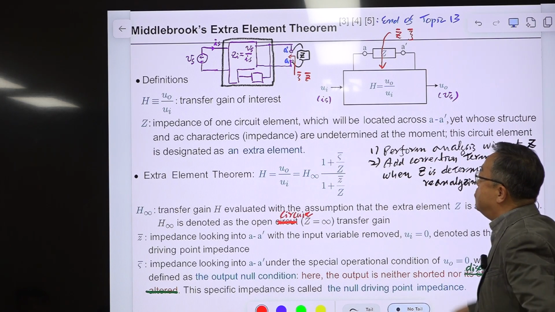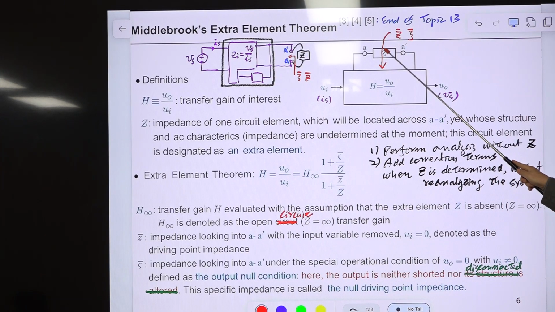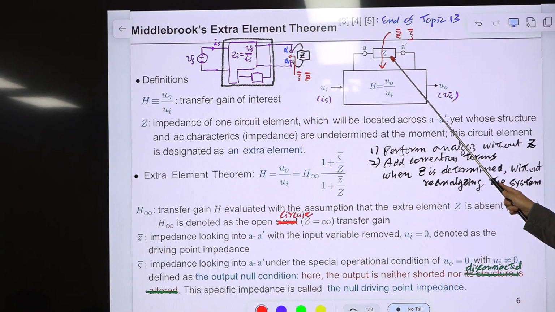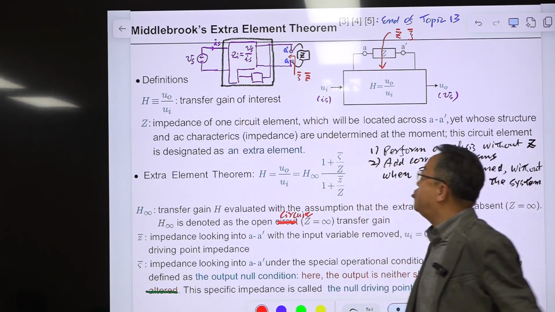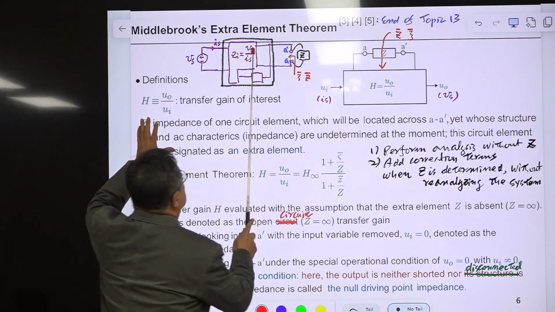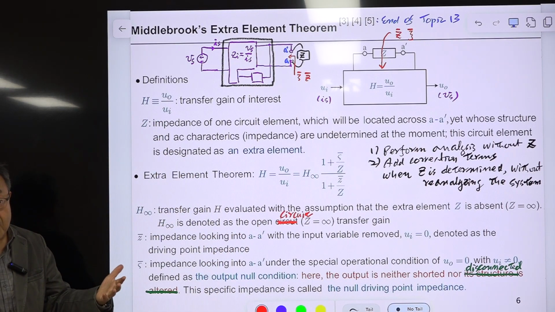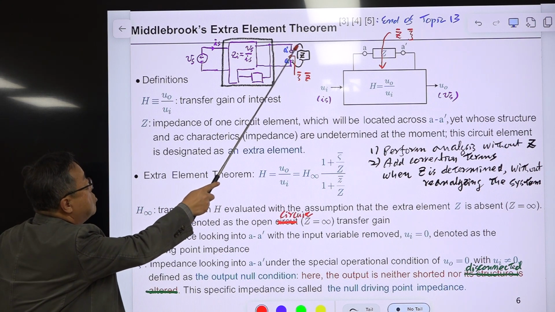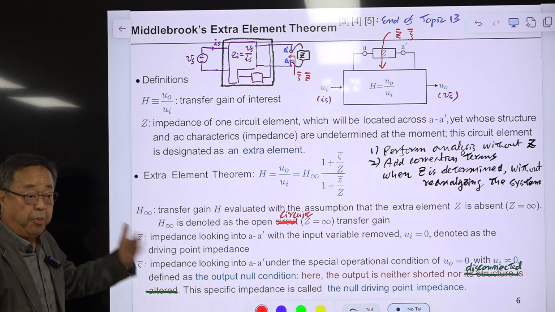Okay, so under this assumption, we assume this is the open circuit. It's not existing, or presenting infinite impedance. So with that, we perform analysis to evaluate this or to evaluate this. Okay, so we use the small signal model of the uncoupled converter. That is absolutely fine. There is no resistance, no impedance there, but still okay. Okay, so we perform everything.